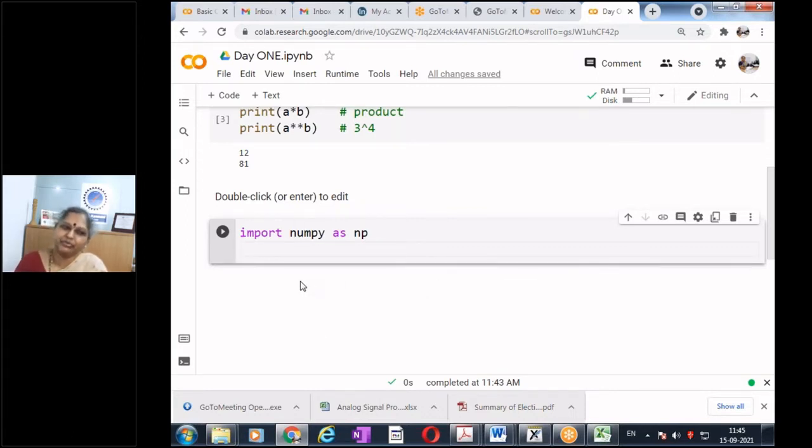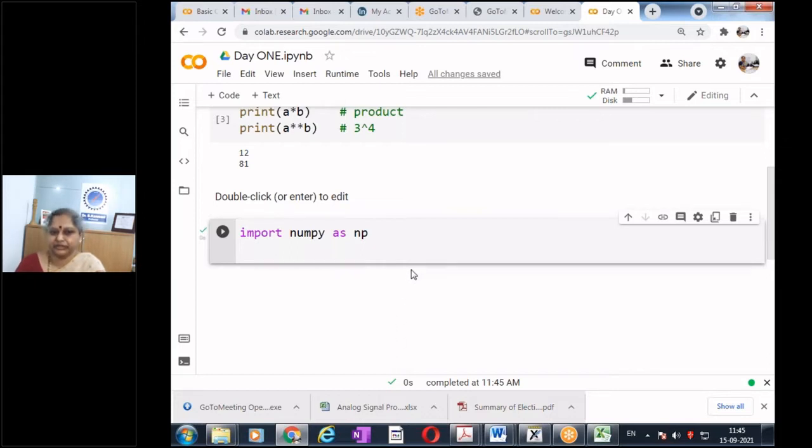Every time you have to type numpy, to make it comfortable we are calling this numpy library by a shortened form, np. So instead of typing numpy, I can now type np. The moment I have this, I have a lot of inbuilt functions in numpy which I can use. Please type it in and run the cell.